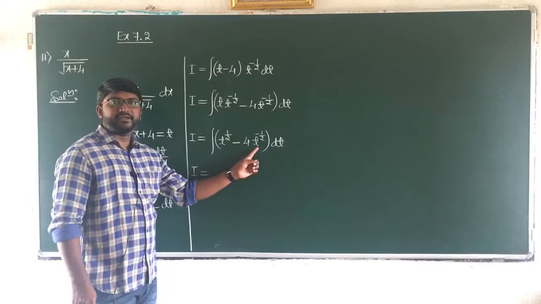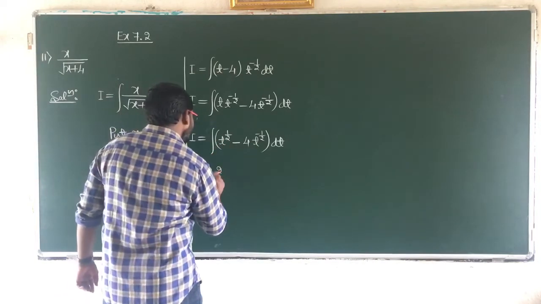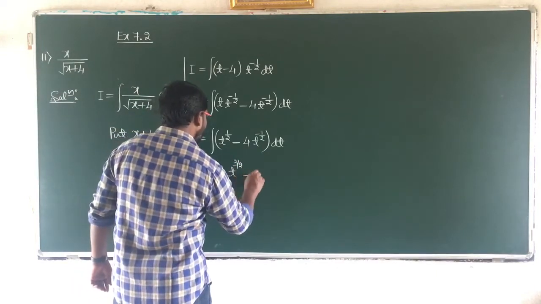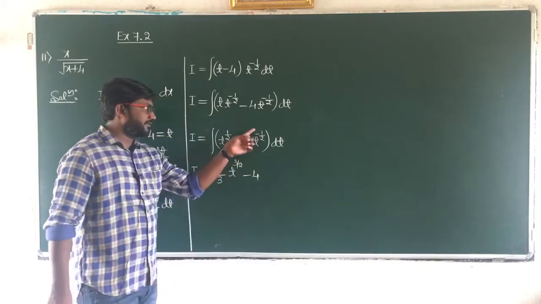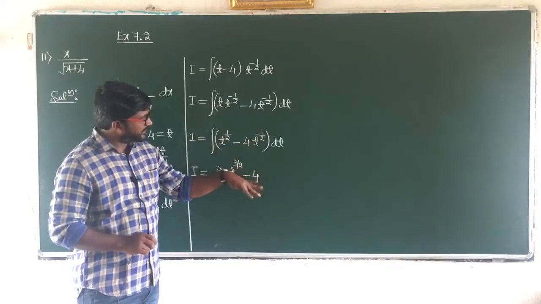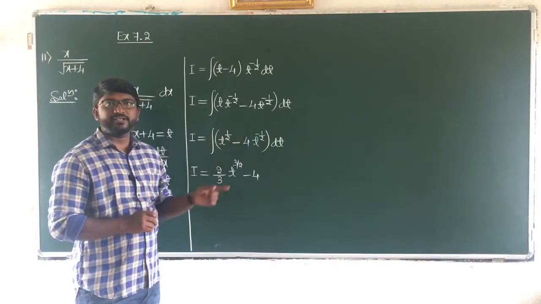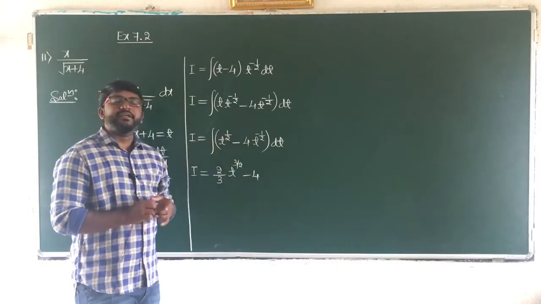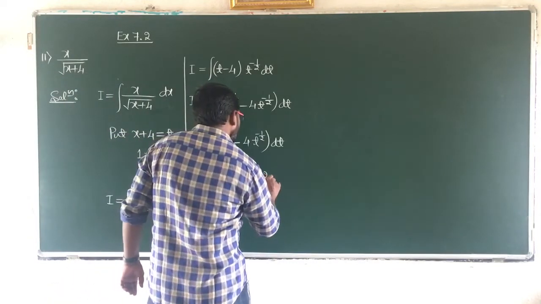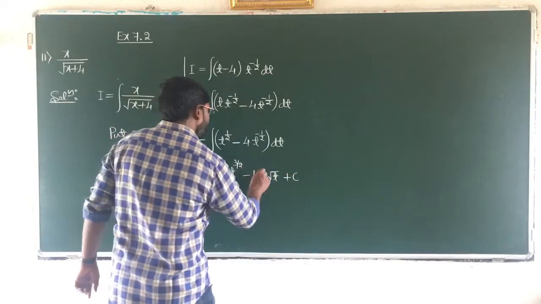So now I is equal to, integrate them separately. So it is in the form of root t dt, that is 2 by 3 t raised to 3 by 2, minus 4 as it is. Now this is in the form of integration of 1 by root t. Take this to the denominator, it becomes t to the power plus 1 by 2. 1 by t raised to 1 by 2, that is nothing but root t. What is the integration of 1 by root t dt? It is 2 root t plus c.